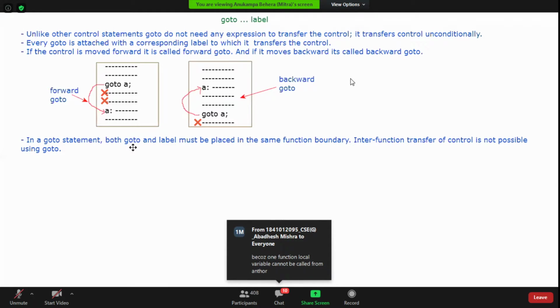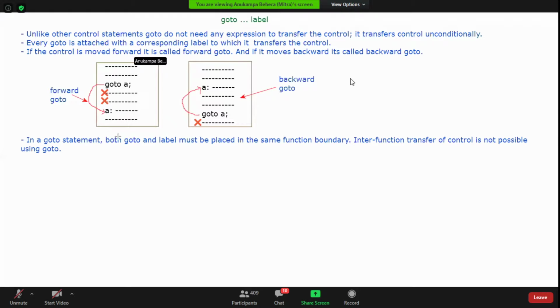My question is, I am having one code block like this. This is one block. This is the main function. And we are having another function here.